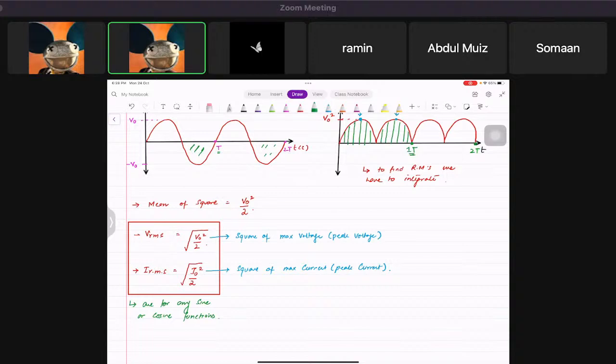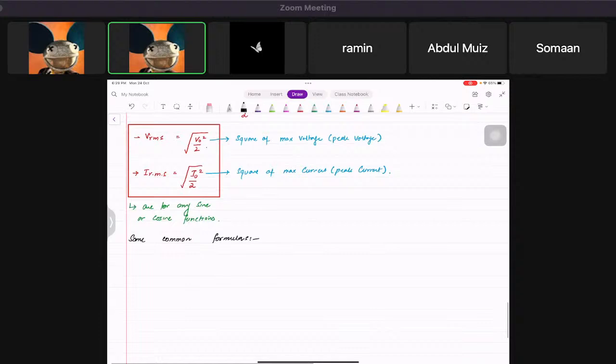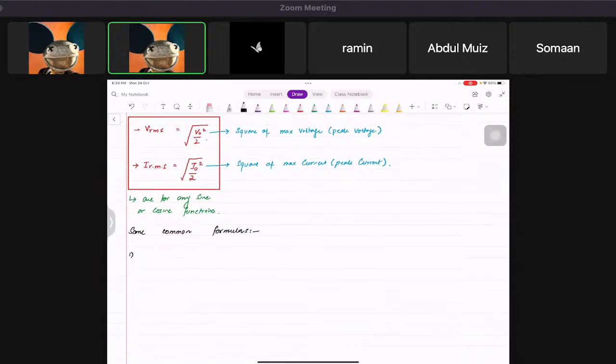Now I'm going to give you basically 3 different equations. In fact, let's do 4 different equations, and from those 4 equations, you learn how to find the average values, and that's pretty simple. You can make formulas on your own, but I just want to tell you how to make them, some common formulas. First of all, you've learned this formula in AS, that power is equal to